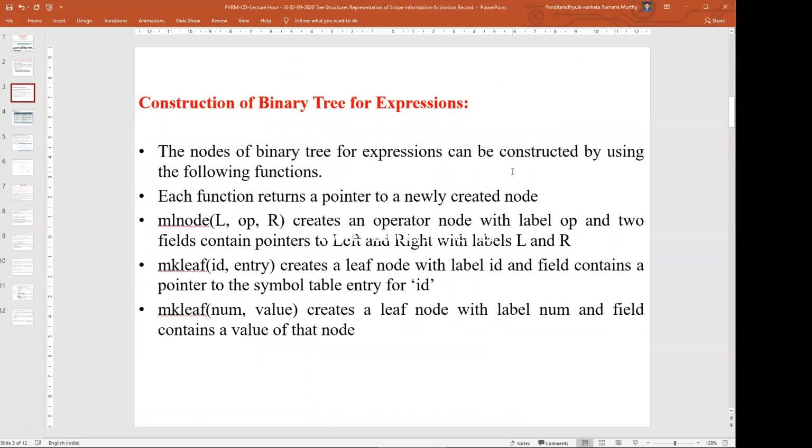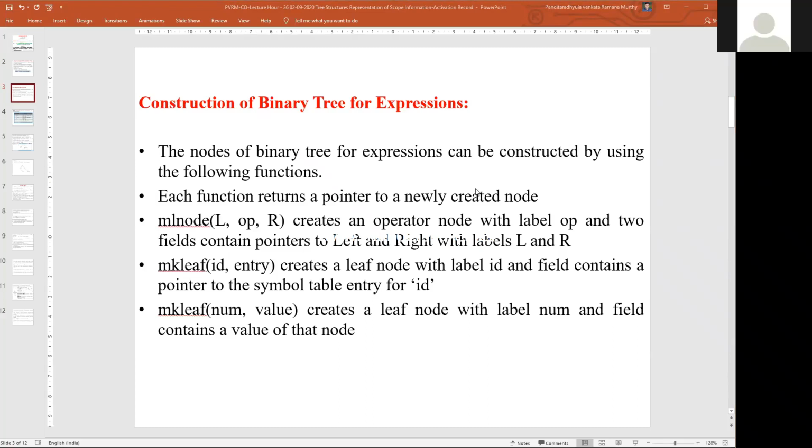So here we prefer to create a tree structure organization, in particular binary trees, for expressions. We use the following manner. The nodes of the binary tree for expressions can be constructed by using a set of functions.